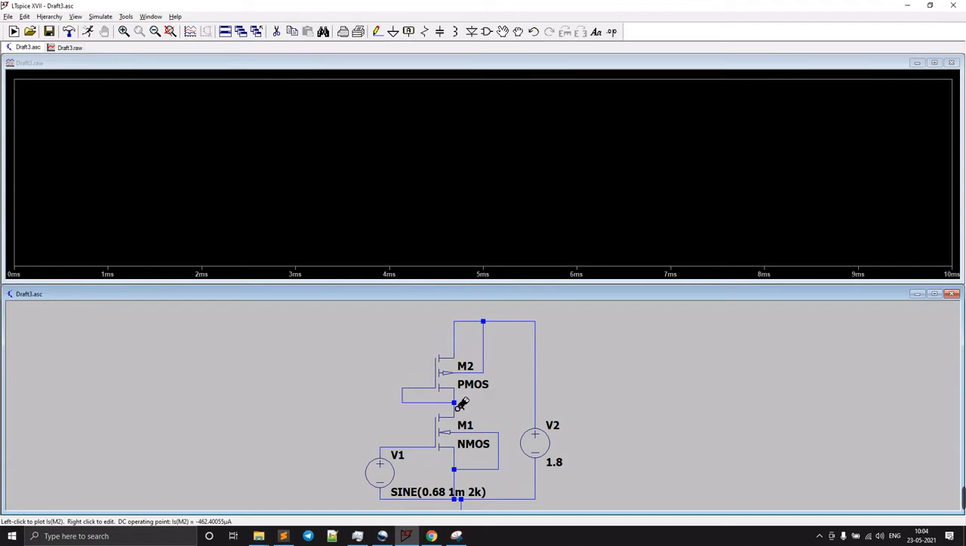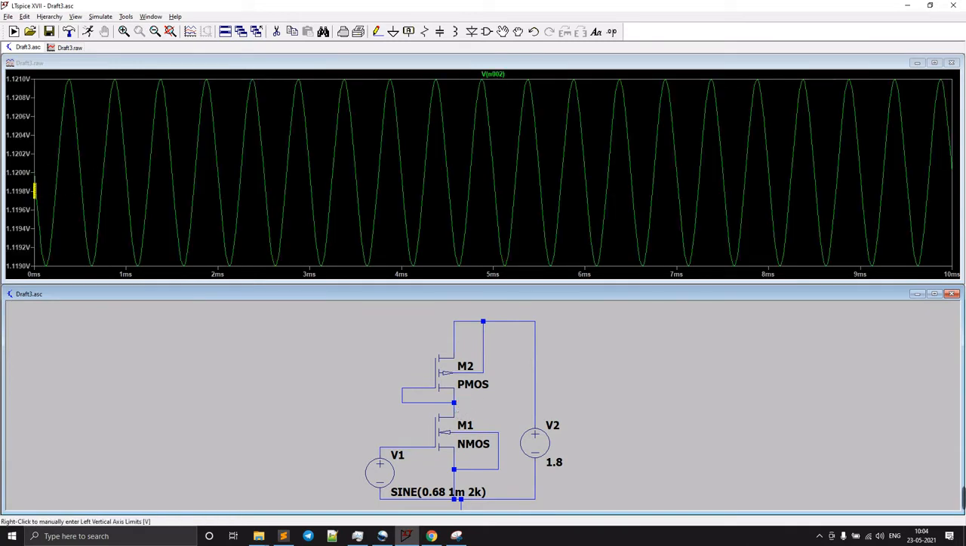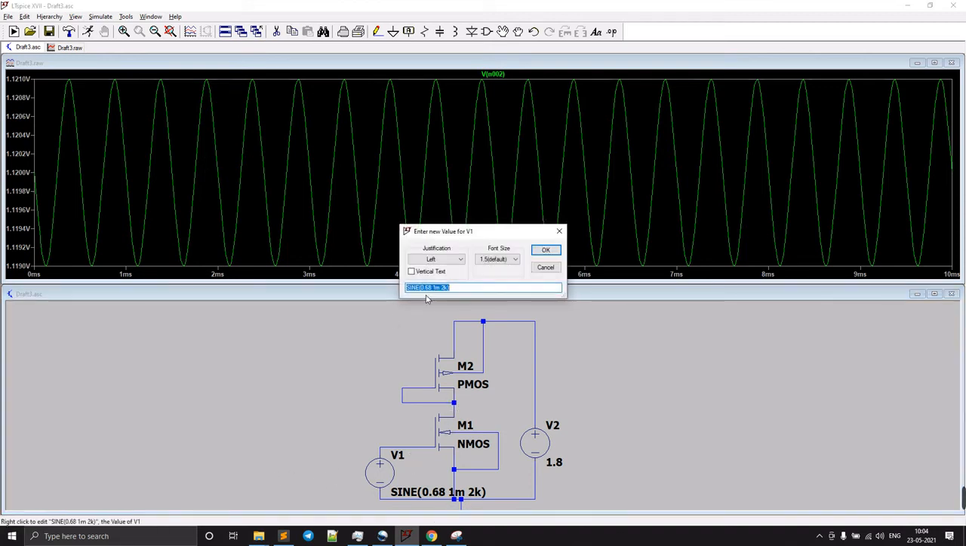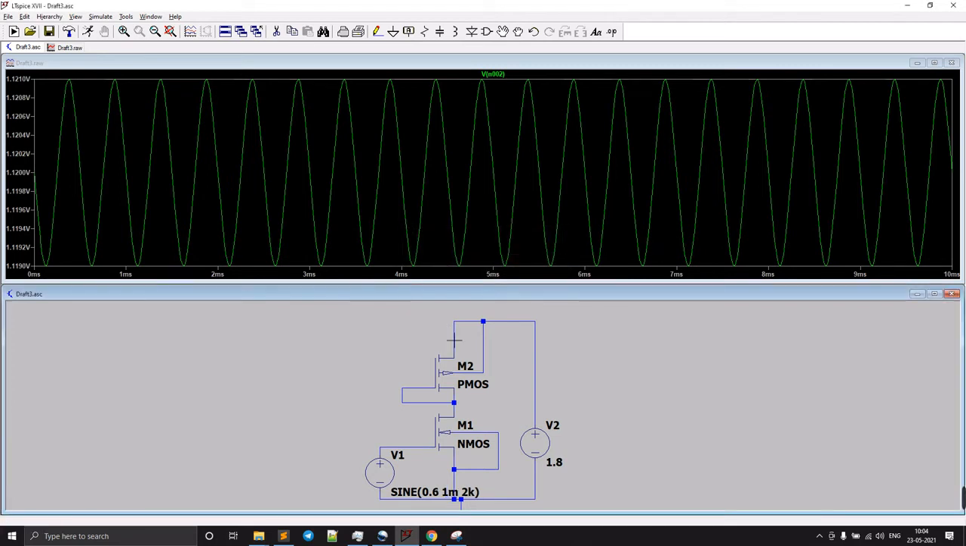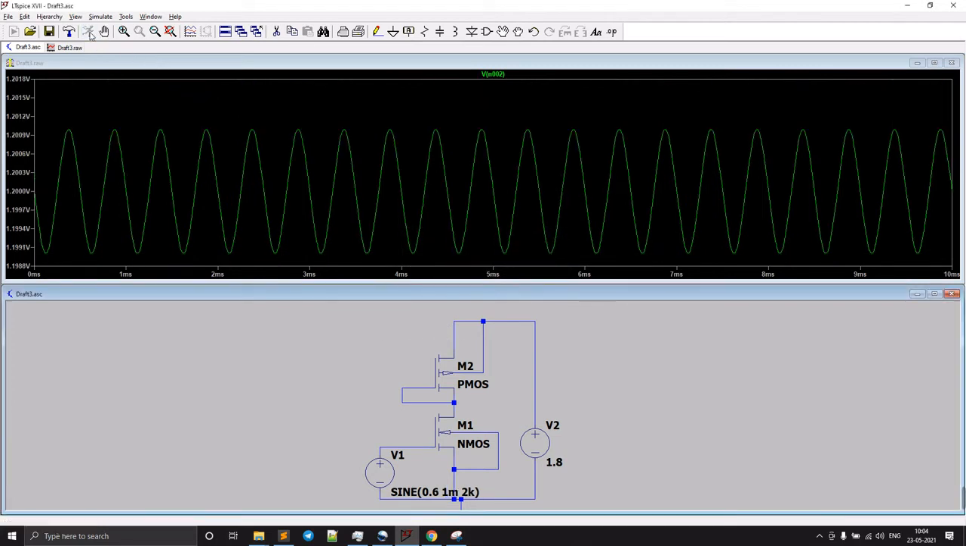Now if you want to see the output, we need to see here. Okay, this is from 1.2 to 1.1 to 1, so this is too less. So okay, let's change these values from 0.682, we will just make it 0.6. Okay, now we will run this,